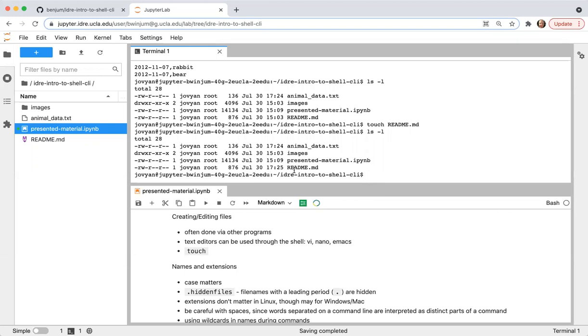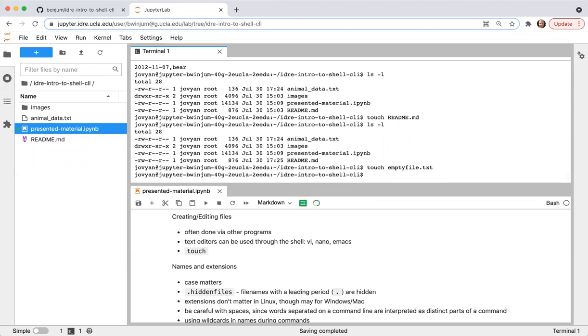There are a variety of reasons you might want to do this, but another interesting use of touch is that you can use it to simply create an empty file. So if I put touch and then the name of a file that doesn't exist, let me come back over here. And I didn't have to refresh it, it just popped up.